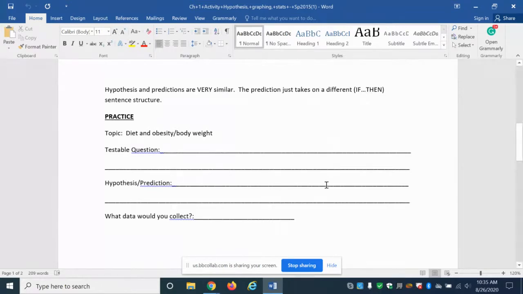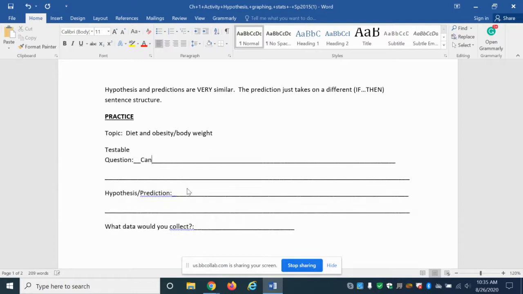From your question, you're then going to write a hypothesis or a prediction. I really like the if-then format. I think it gets your hypothesis where it needs to be. So you could say, and this is where you could be a little bit more specific, okay, so my question is, can a person be obese and fit? So my hypothesis or prediction might be,